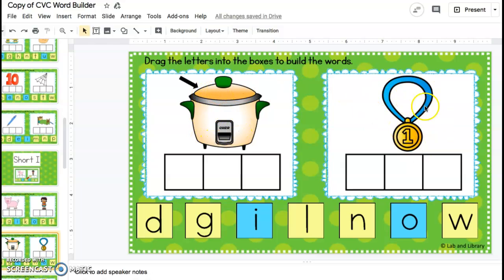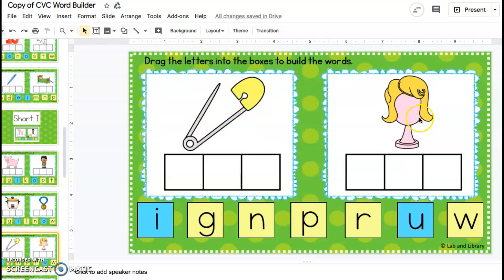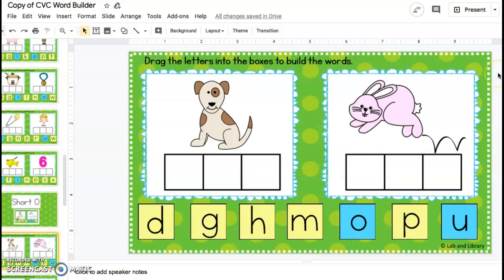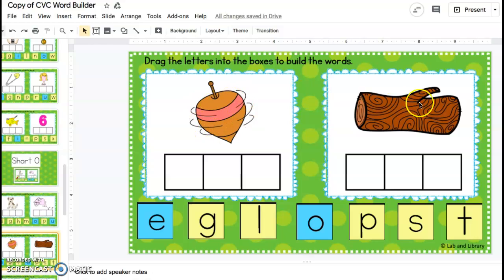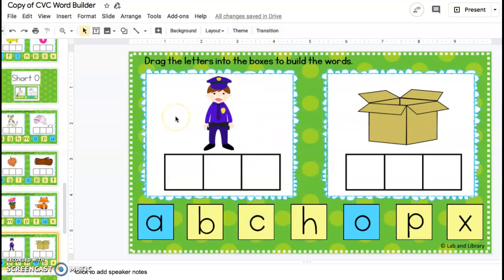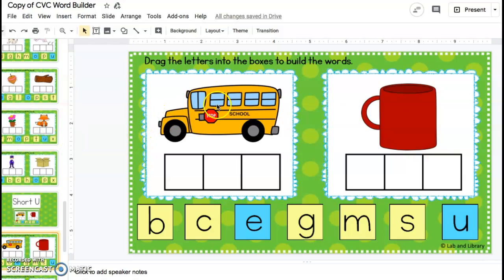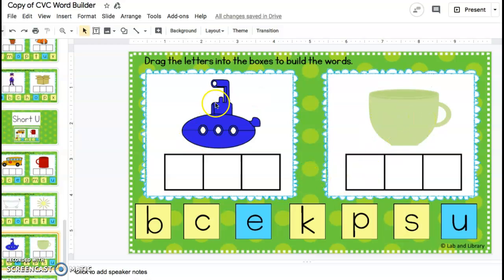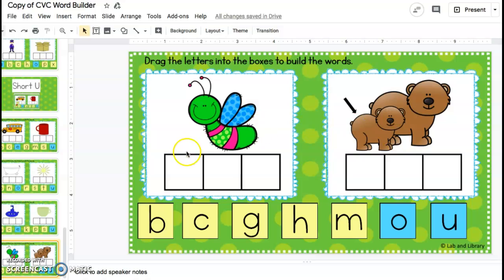win. See, they win a medal. Pin, wig, fin, six, dog, hop, top, log, pot, fox, cop, box, bus, mug, tub, sun, sub, cup, bug, cub,